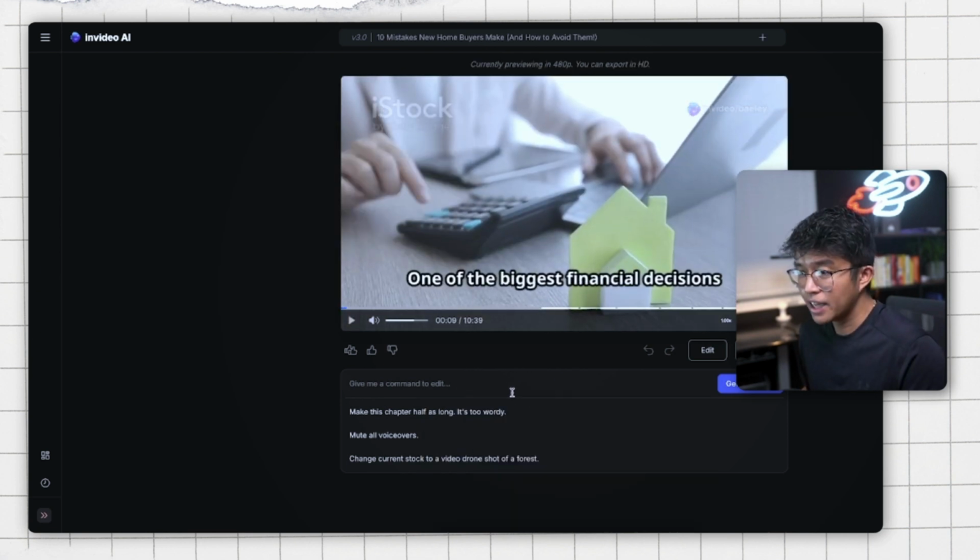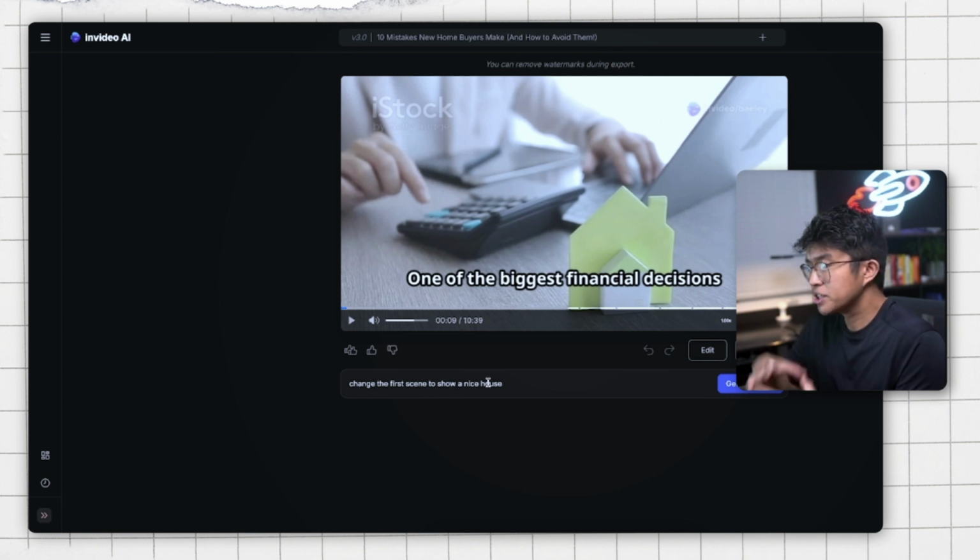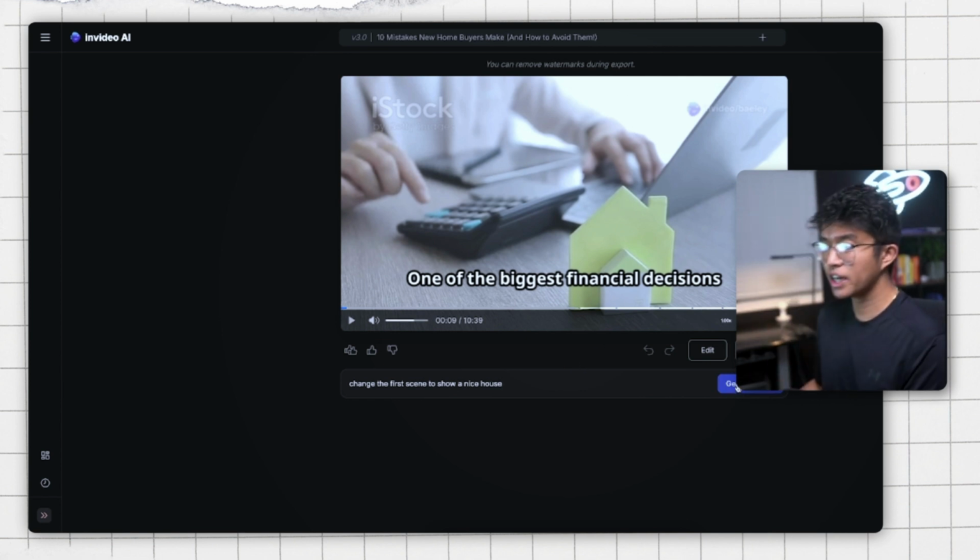Now for this command edit, let's say that in the beginning scene, we want to go ahead and use footage of a home. So change the first scene to show a nice house. So you can use it as far as command editing goes. I don't use this all too often. I'll show you the second way to actually edit videos on here, but we'll just go ahead and click on